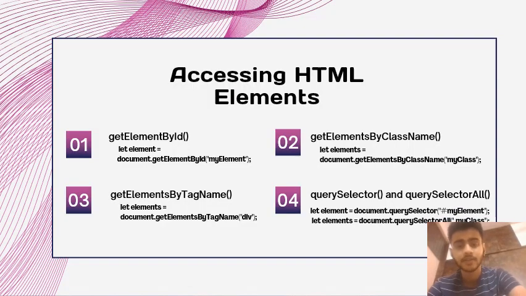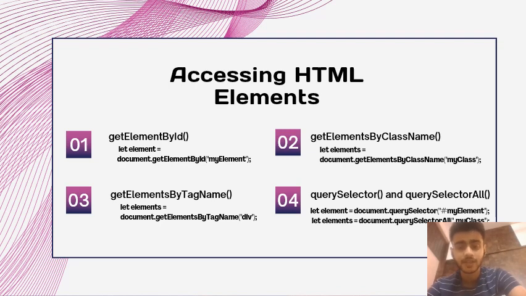Assessing HTML elements. Using getElementById is the first one. This method allows you to assess the element by its unique ID. It provides an efficient way to target a specific element based on its unique identifier. The second one is